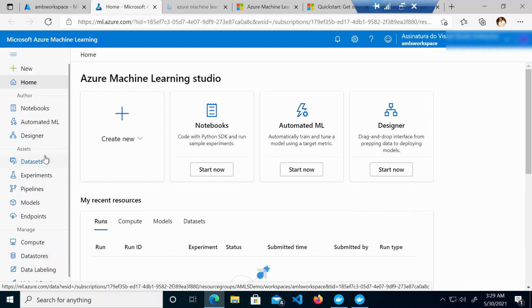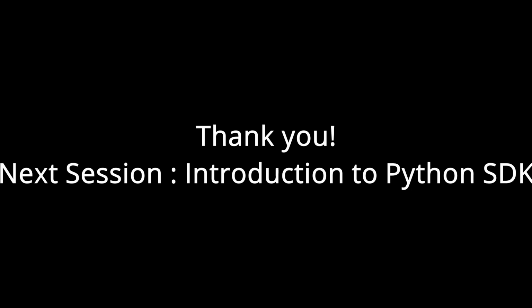And the data set. If you have worked with Azure Data Factory, in Azure Data Factory also we generally create the linked service and the data set. I'm just going to talk about the data set. A data set is basically a skeleton of the data which you are trying to import. Here you specify the schema. Think of it this way: you just created a data store connecting to a storage account, and in that storage account you have a CSV file. Post creating the data store, you create a data set which gives you the schema of that data, so that Azure Machine Learning Service, during the training or the scoring, would be able to understand and read the data directly from the data set.